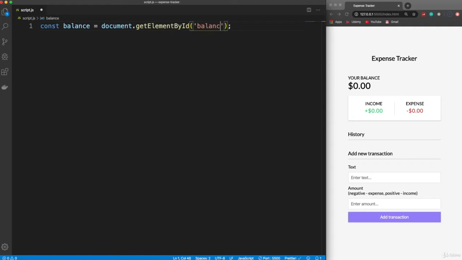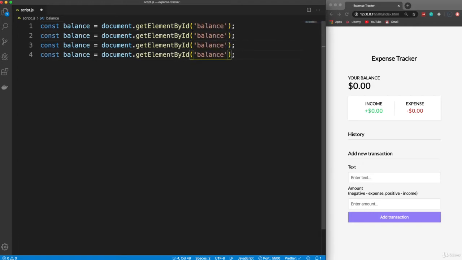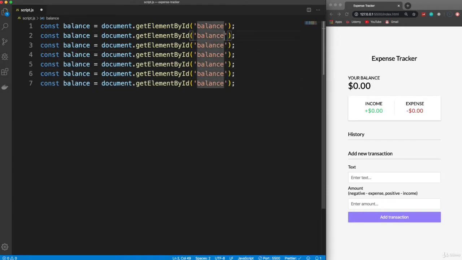Bring in our balance. And we'll go ahead and copy this down a few times. What do we got? 4, let's do 5, 6, 7. So this is going to be the money dash plus, which is this right here. So we'll call this money. I'm going to give it an underscore here just because we have money plus and money minus. Of course, you can format your variables however you want. So this will be money